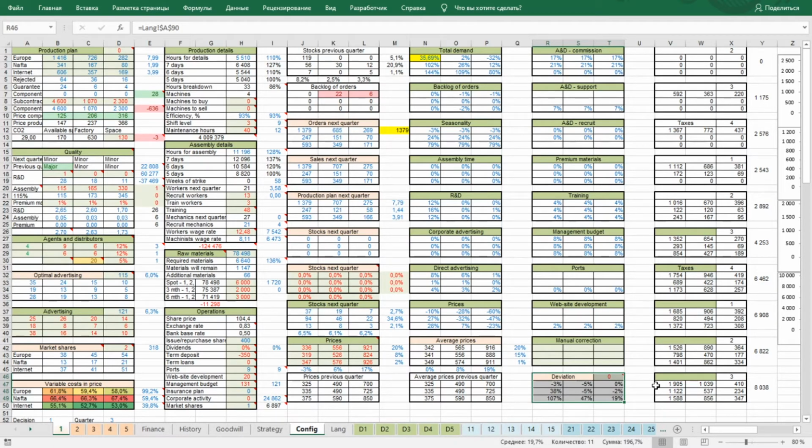Deviation of the demand forecast from the actual number of orders can be seen in the deviation table after inserting the management report for the same period.